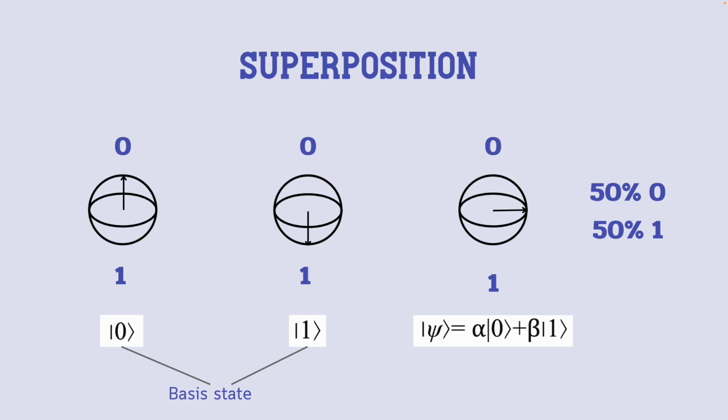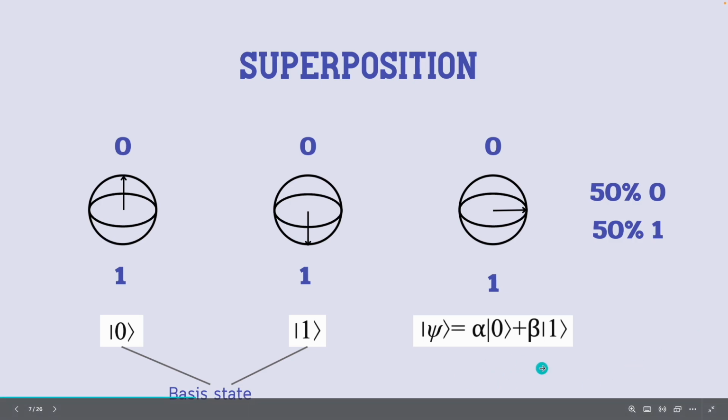Mathematically, this superposition can be represented as a linear combination of the basis states, 0 and 1, with complex probability amplitudes associated with each basis state. This linear combination can be expressed as this equation,